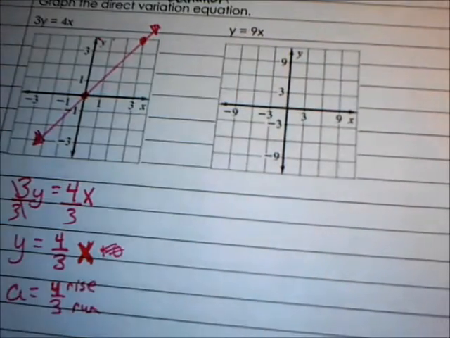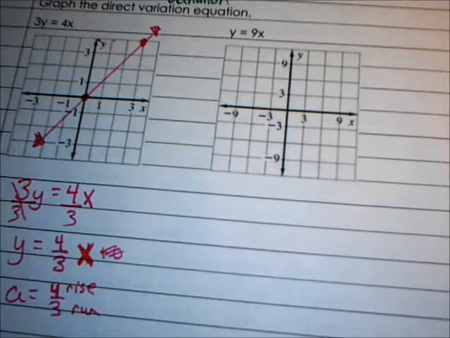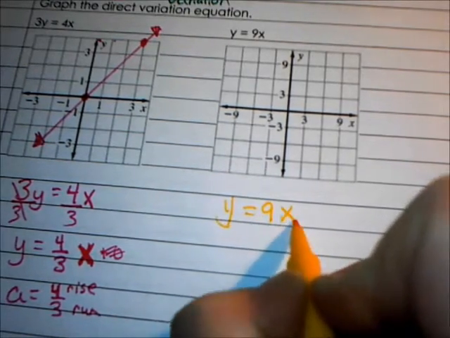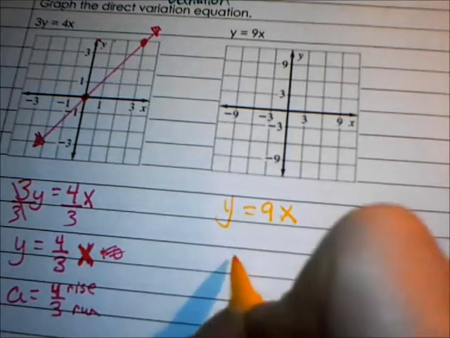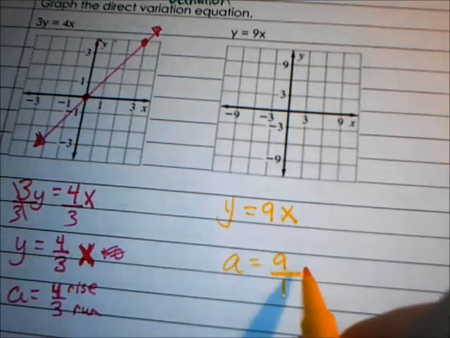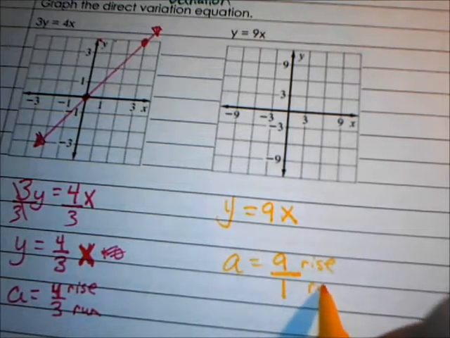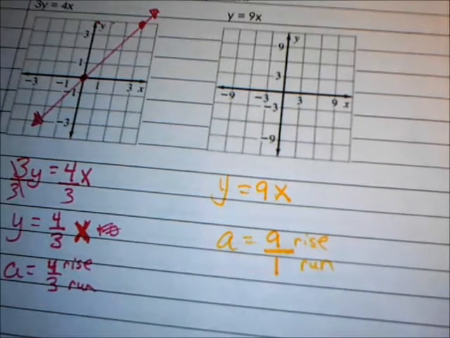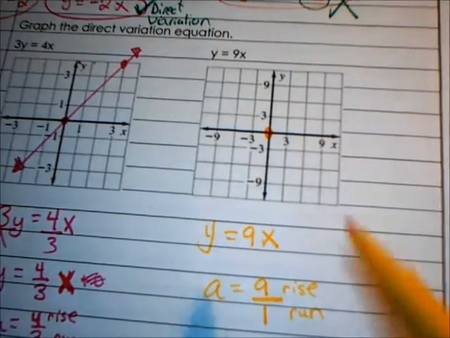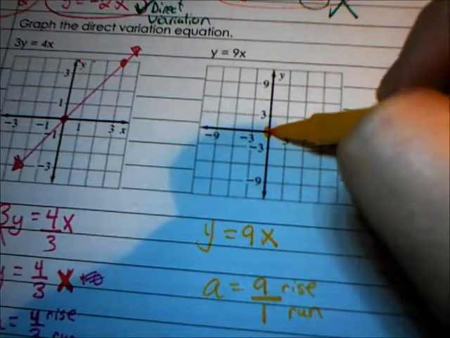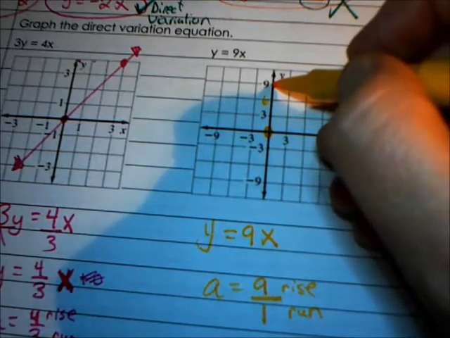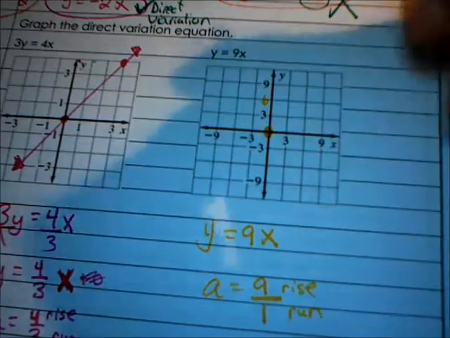If I go to the second example, it has y equals 9x. The constant of variation is 9, but I need that to be a fraction, so I'm going to put it over 1 so I know my rise and my run. I'm starting out at 0, the origin, and I want to move up 9. Okay, these are counting by 3, so 3, 6, 9,